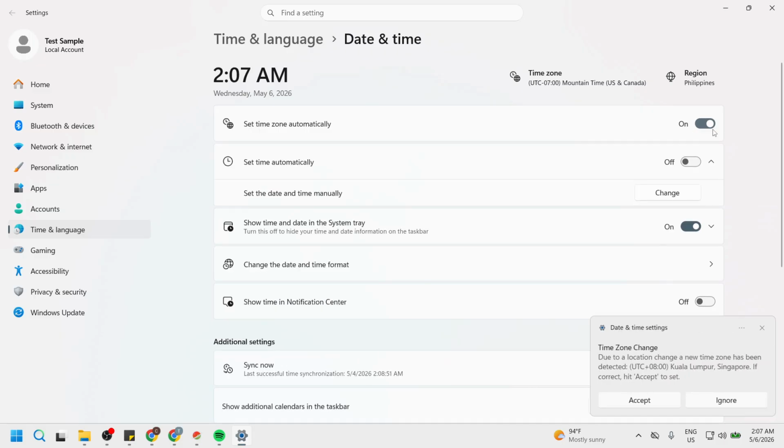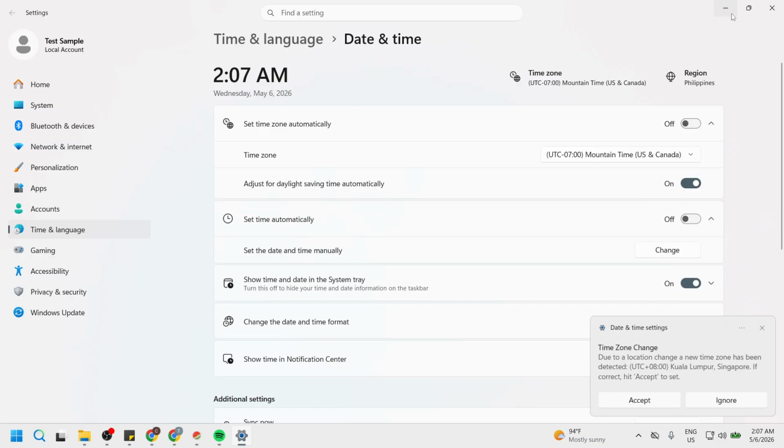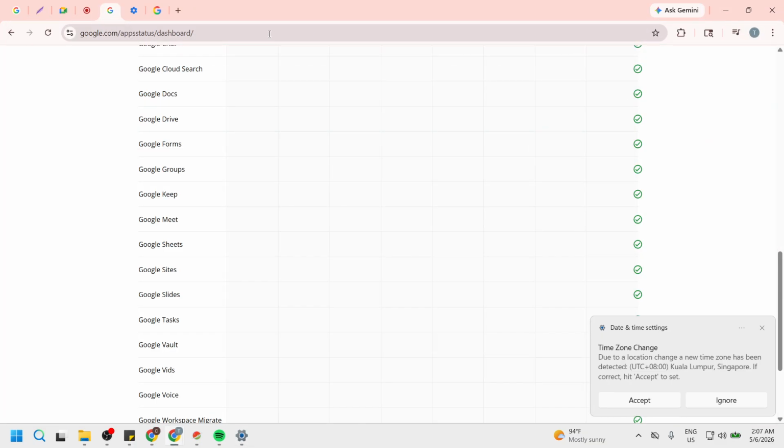Corrupted temporary files can also stop pages from loading correctly. Clear your browser cache and cookies to remove stale data. In most browsers, go to Settings or Preferences, open Privacy or Security, choose Clear Browsing Data, and select Cookies and